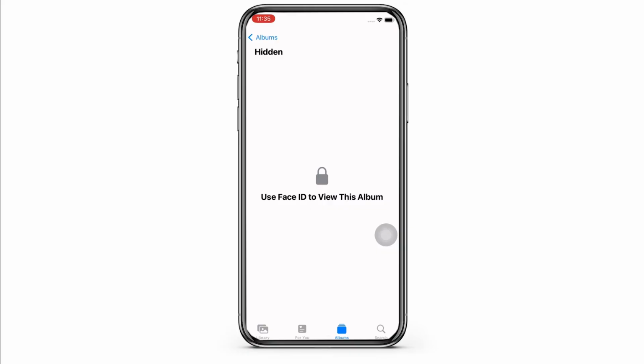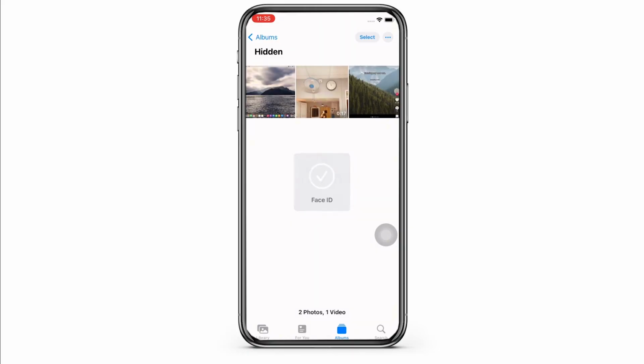Here, tap on the Hidden option and you will be asked to enter your Face ID or passcode. So go ahead and enter that and you will be able to view the photos and videos that you just hid. Now, if you want to unhide them, you can tap on the Select option and select the media that